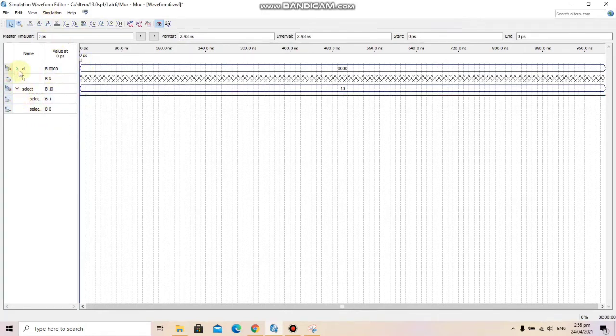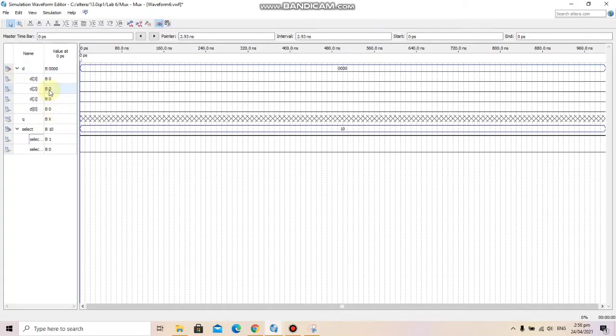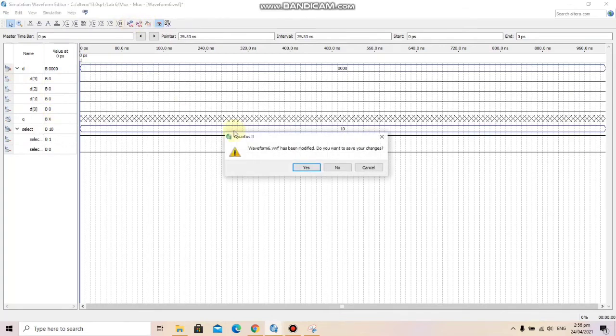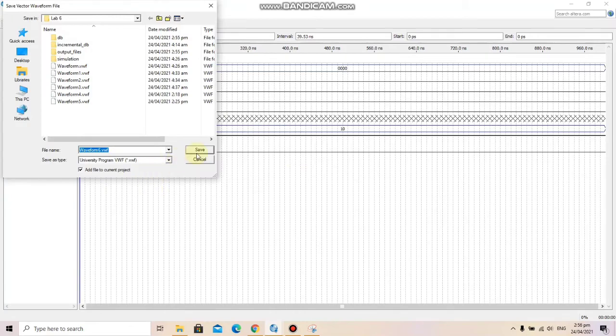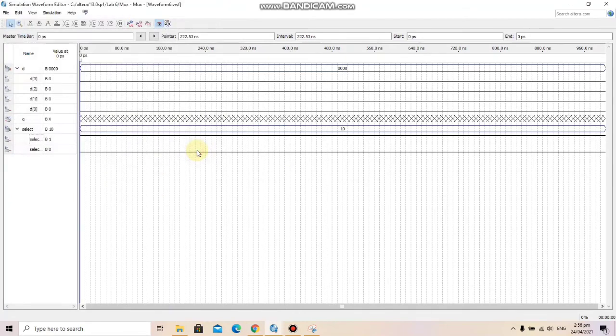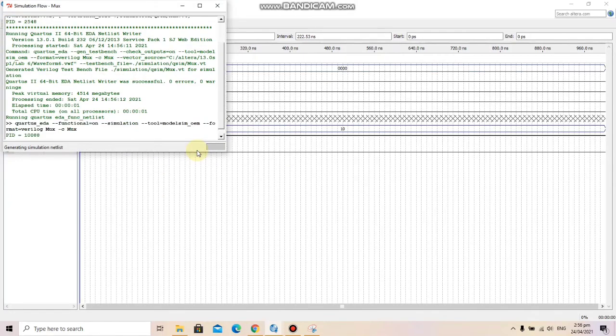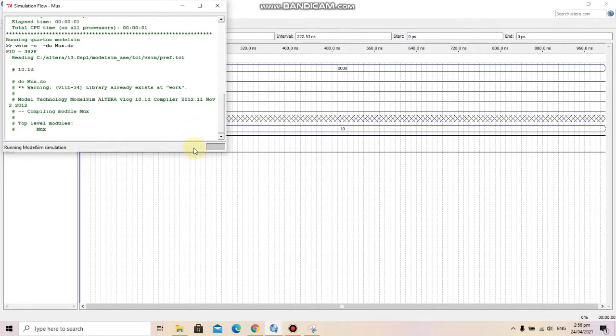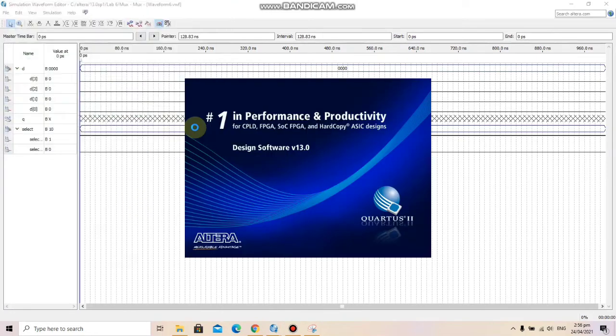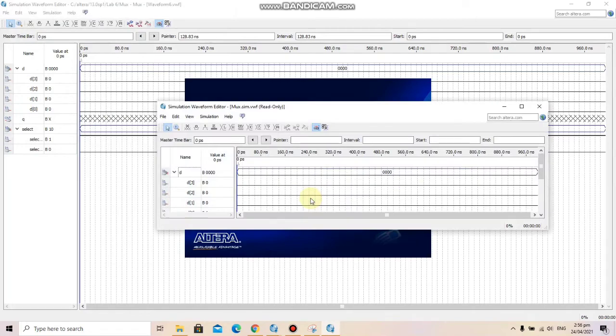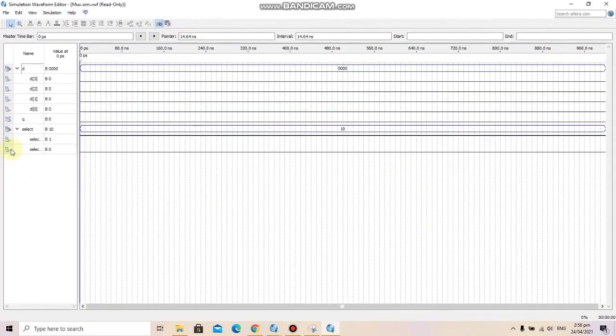Now first of all, here we see D2 is 0. Let's run this. The output should be 0 because D2 is low and the output equals D2. Here we can see that the output Q is 0.